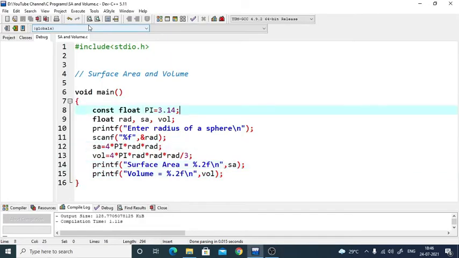Not a problem as such, but for creating a constant, I am creating a float variable, precisely wasting, I would say, 4 bytes of memory. You know why? Because when I create a variable, I am expecting multiple values, one after the other, to be stored, the variable to change. But here we are creating a variable, we are storing 3.14, and by putting const, we are freezing that value. So unnecessarily we are creating a variable.